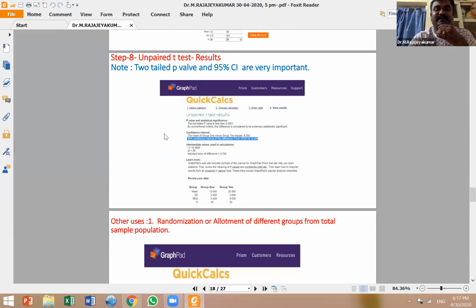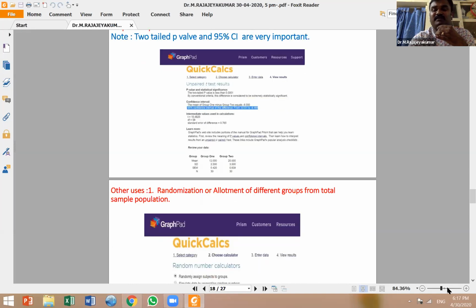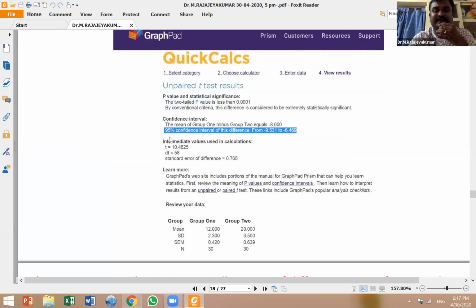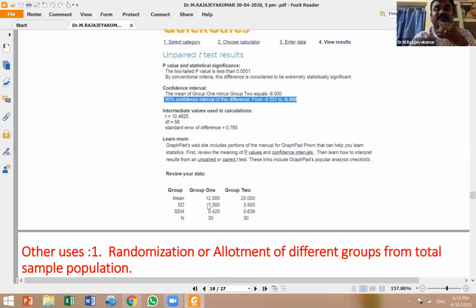So in the result table, I told you two things you have to see there: the two-tail p-value, and one more thing, the 95% confidence interval. Whether the p-value is significant or not significant. Just now I showed you that the p-value is not significant. Now you can see in this slide the p-value is significant. Why is it significant? You can see this 95% confidence interval ranges with the same sign, minus to minus, -9 to -6. So that's why the p-value is significant. If it is plus to plus, the p-value is significant, but if it is minus to plus, the p-value is not significant. That is a very important thing. You need to check whether the p-value is significant or not. Then here are the mean, standard deviation and sample size. Just check it.